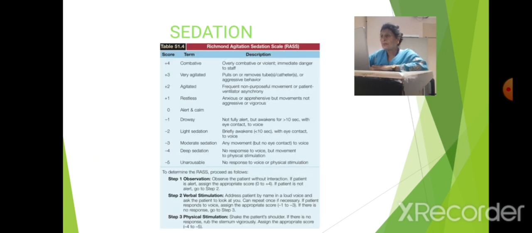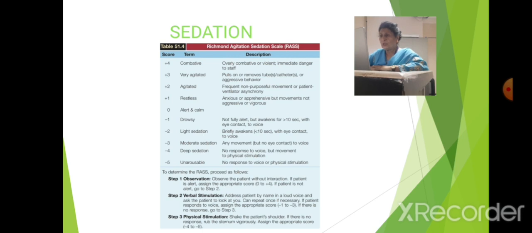Sedation. Now we use the Richmond Agitation Sedation Scale. The score of +4 is combative: an overly combative or violent patient, an immediate danger to the staff, self, or attending personnel. +3, very agitated: pulls or removes tubes. The patient starts removing tubes or catheters, or has aggressive behavior toward himself or the attending physician or family. +2, agitated,